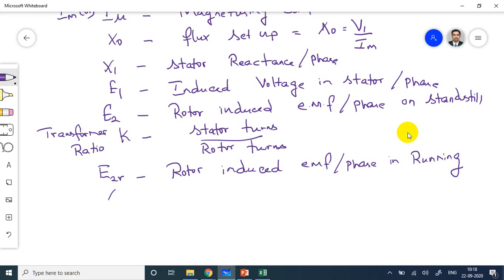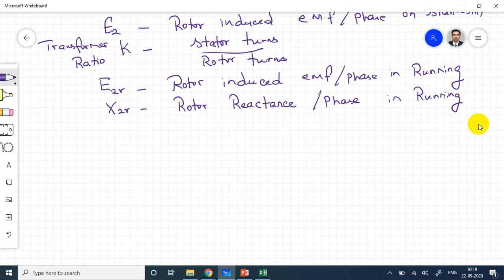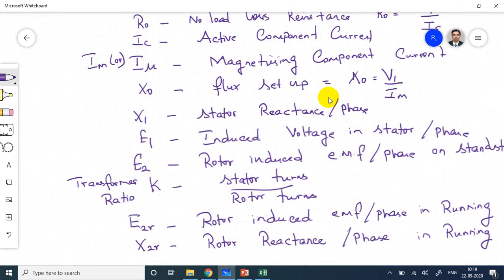And X2R is the rotor reactance per phase in running condition. Okay, these are the notations. Okay, and here